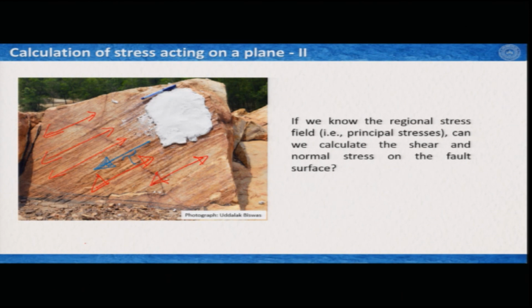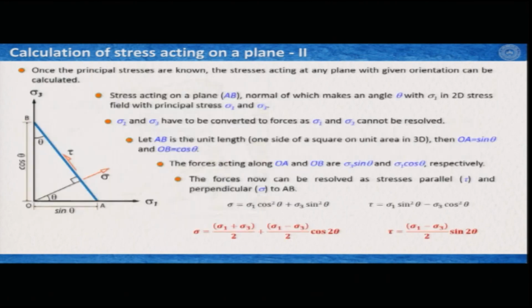Now if you would like to know that, how to get it? The primary requirement for this is you have to have the regional or local stress field. That means the principal axes of stresses. Now if we consider this is a 2D problem, then you need sigma 1 and sigma 3. So if I would like to see this problem